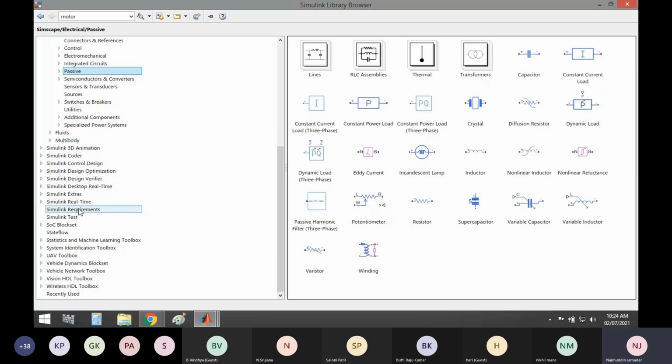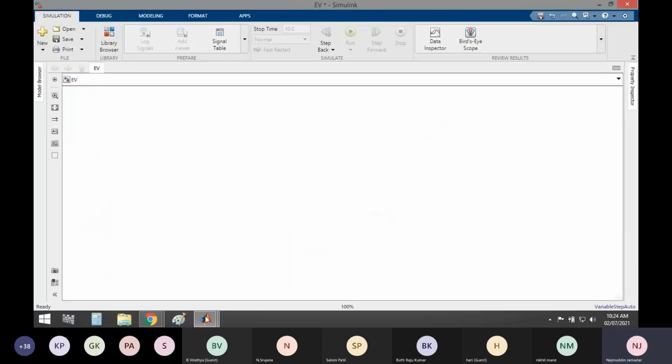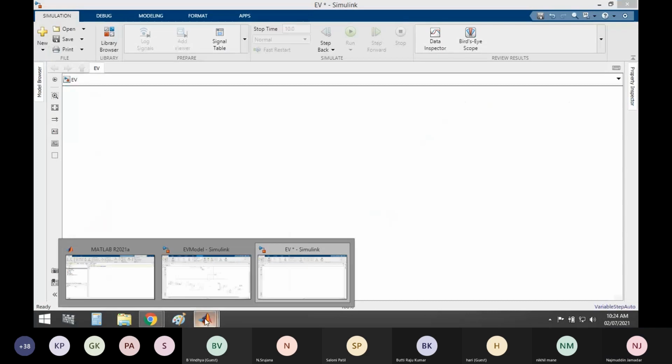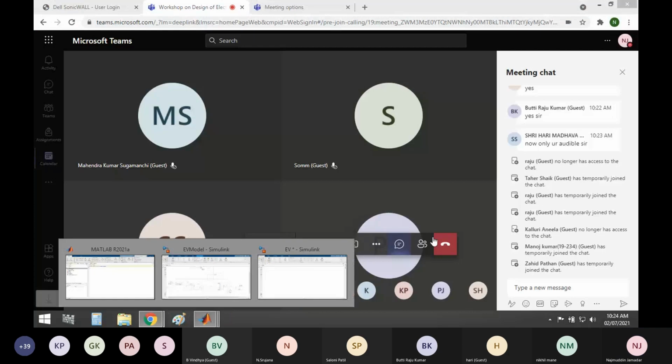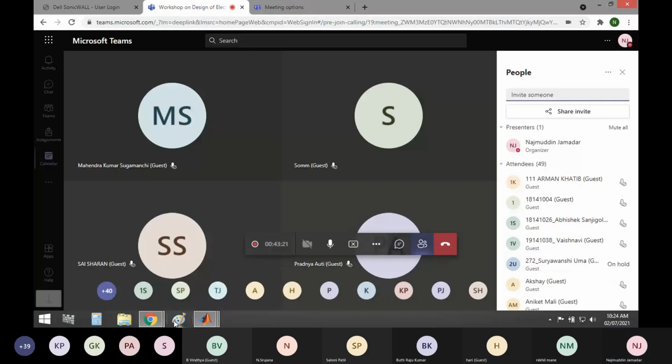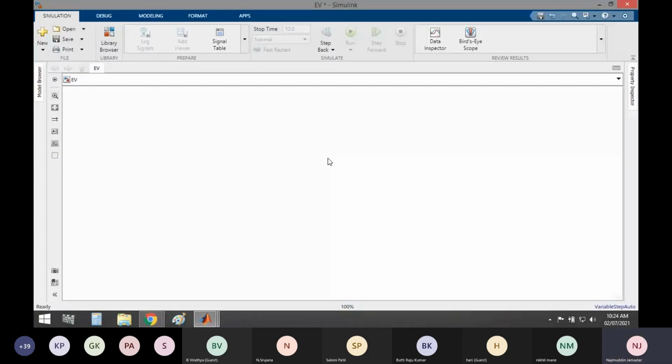Otherwise, I will give you a short trick: in the workspace you just double click, and you type vehicle body.